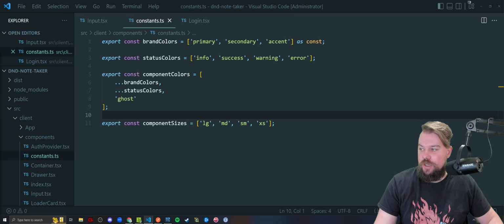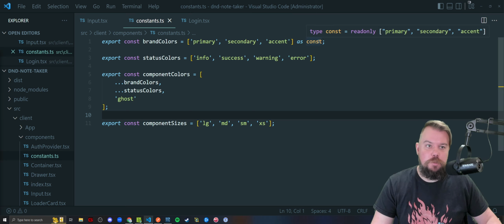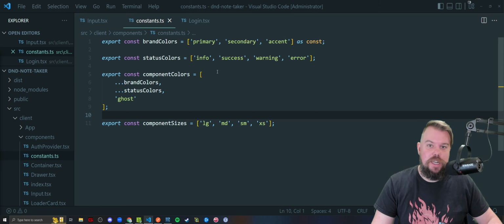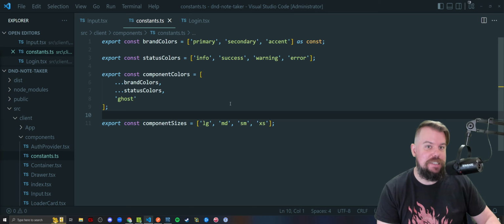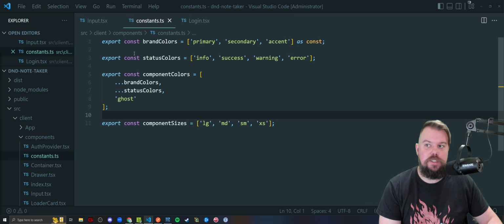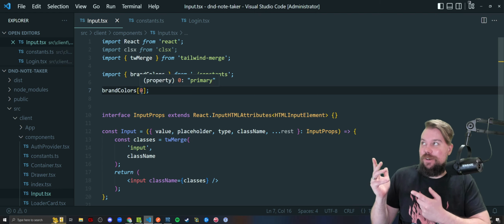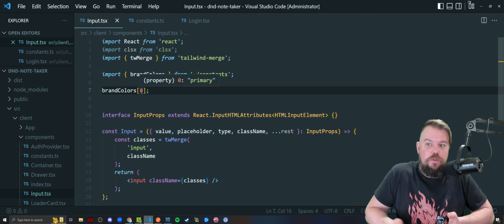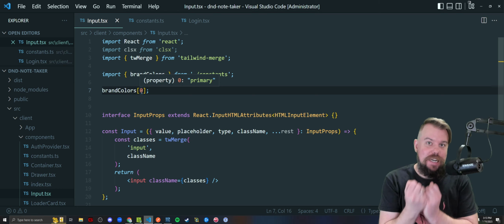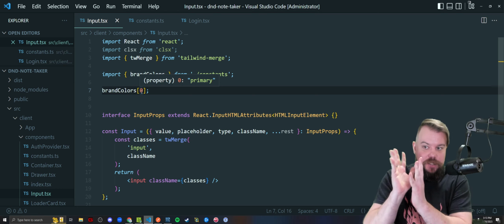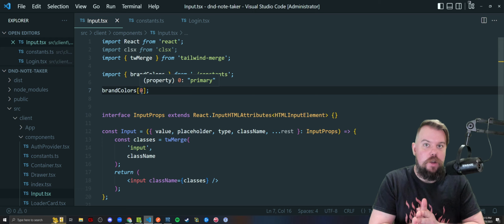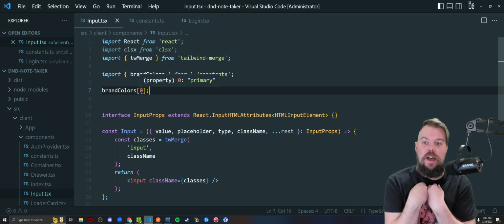It's meant to export out the constants as the values, so not just the string array as the type, but the actual constant values found within. And it recognizes that index 0 is not just the first element of whatever this array is going to be. It recognizes that that constant value is the value primary, which is far more useful to us